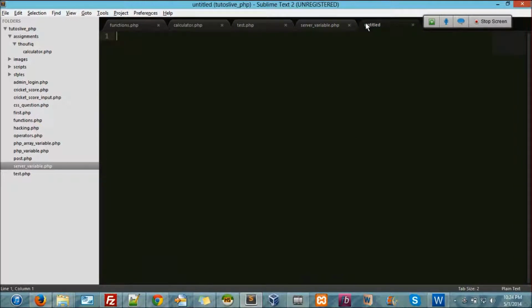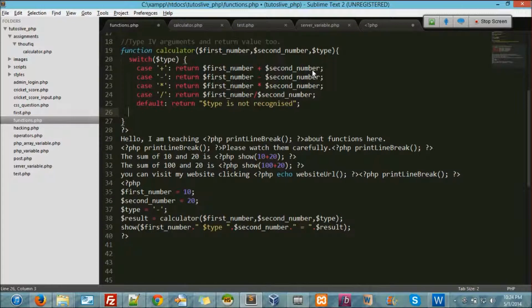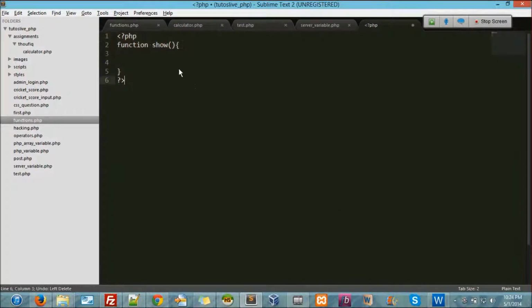So here, PHP, function show. Or let's do one thing. Instead of writing these functions every time, let's write functions in a single file and include it every time.